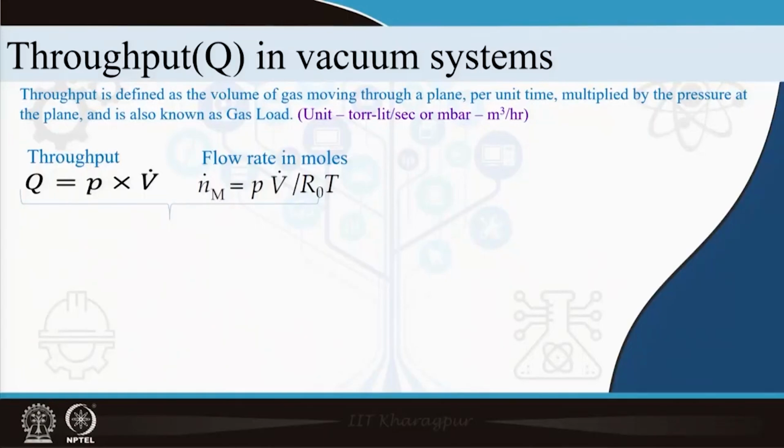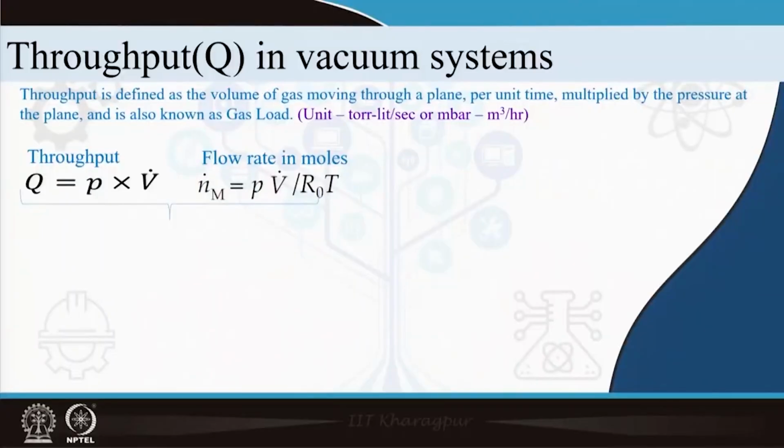In fact, P in fundamental units, in Boltzmann constant and absolute temperature, can also be written as P is equal to NKT, is it not? So, similarly here P into V dot is known as throughput. We have defined it so that it is in somewhat measurable quantities. P you can measure, V dot you can measure from the pumping speed of it. So, with respect to chamber, throughput is nothing but something proportional to mass flow rate coming from system towards pump,